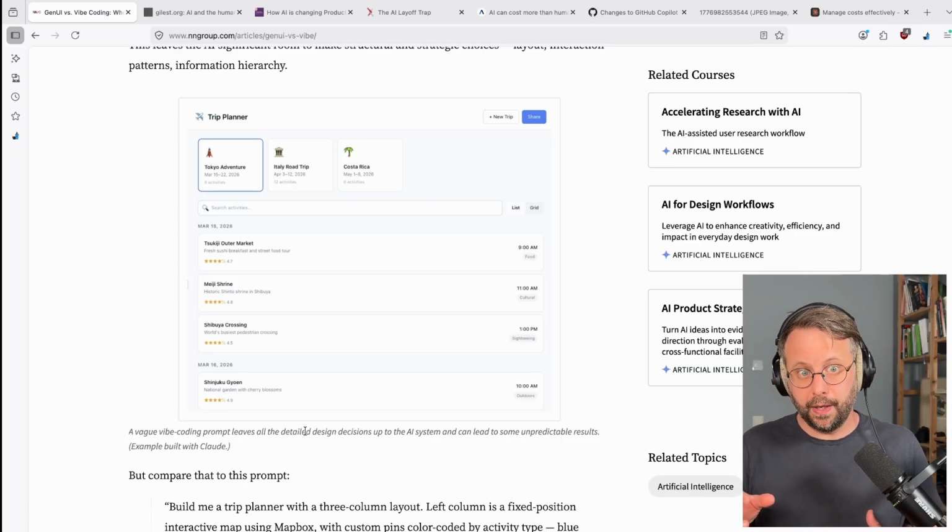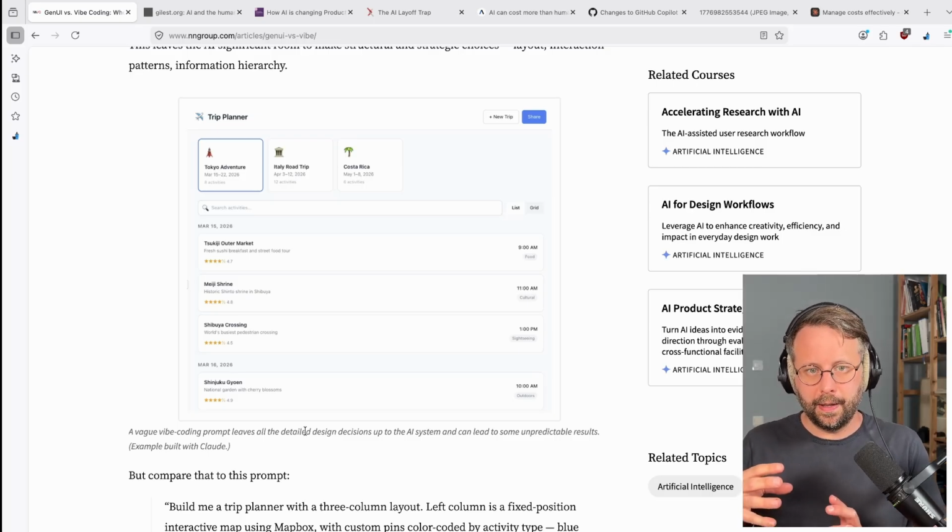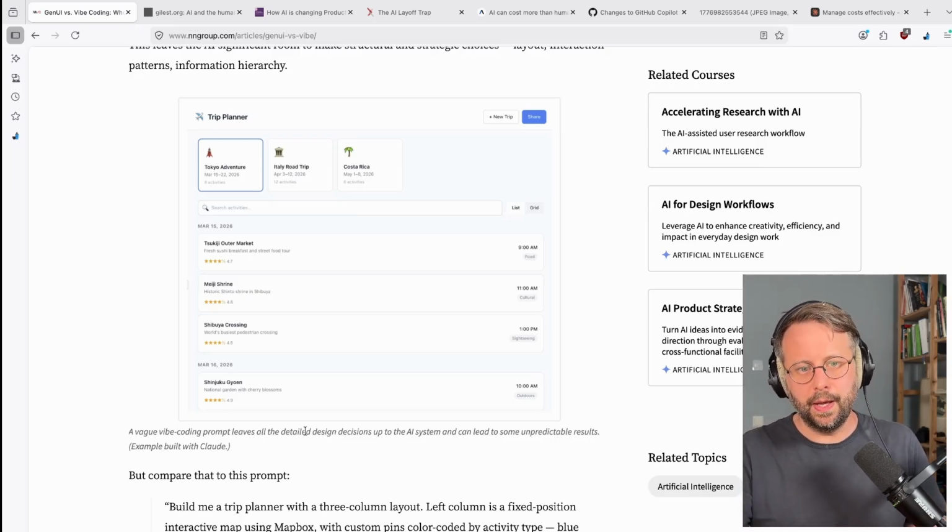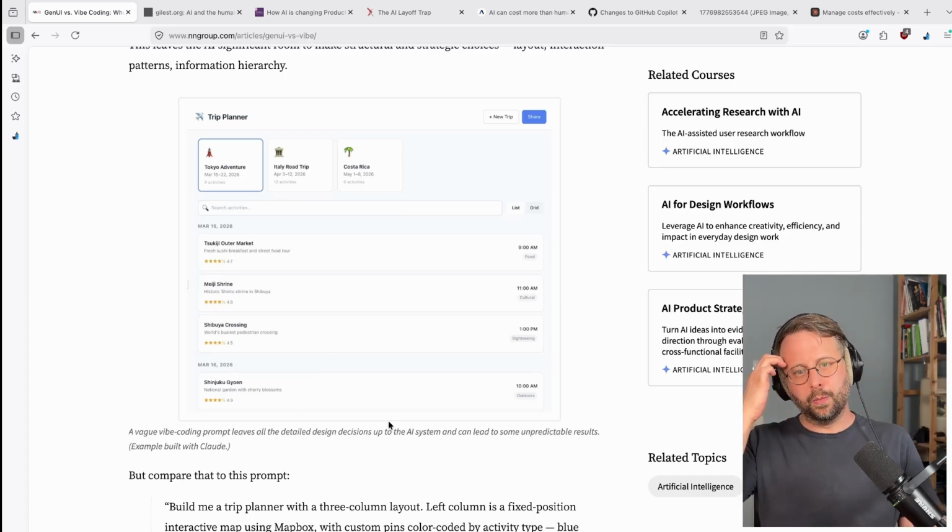It's not. There would be a million other ways to do a trip planner as opposed to this, but because you've been presented with this version of something, this is what you think you want to design.